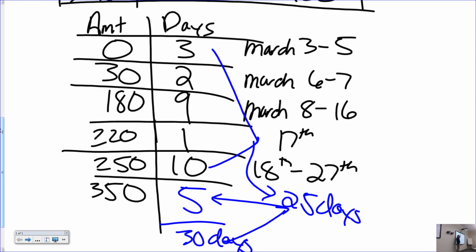Remember what this table means. The 3 days means how many zeros are there? 3 zeros, right. The 2 days says that the 30 is repeated twice. So all you're doing is writing the numbers in a much more condensed format. Instead of writing 30 down twice, you just write it down once and say, by the way, there were 2 of them. Instead of writing down 189 times,